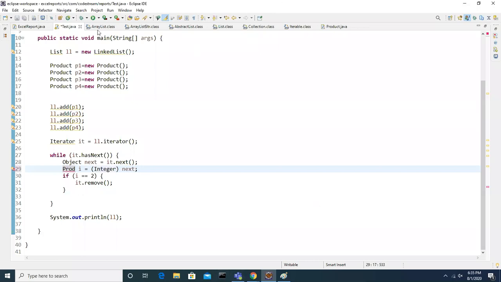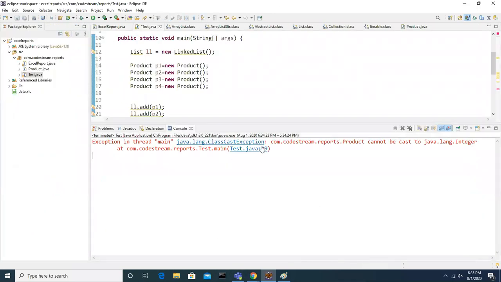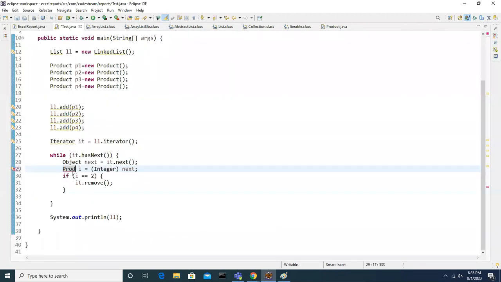If you look at these error messages, you will get a ClassCastException when an object is being converted from one type to another type and it is not possible. That is the moment you will face this exception. What is the solution now? You have to identify the correct class in advance, while adding the code.